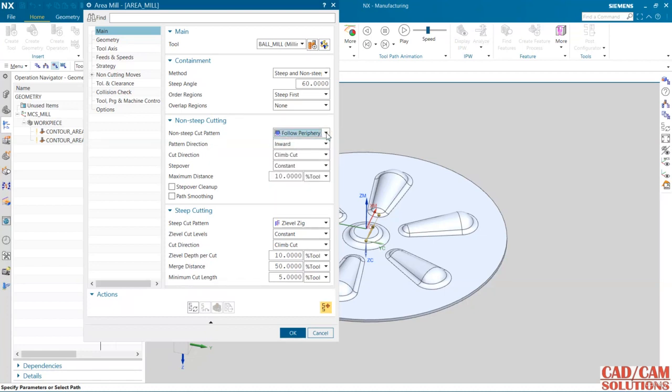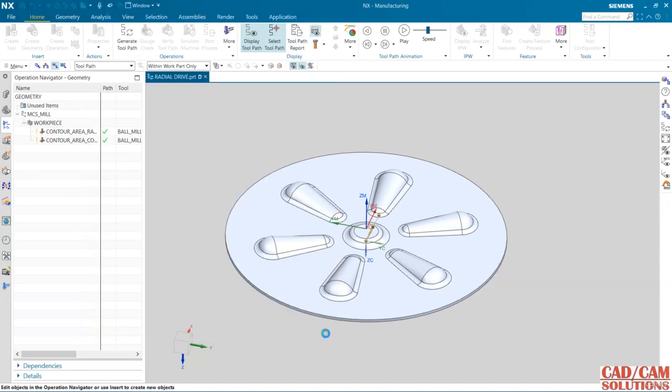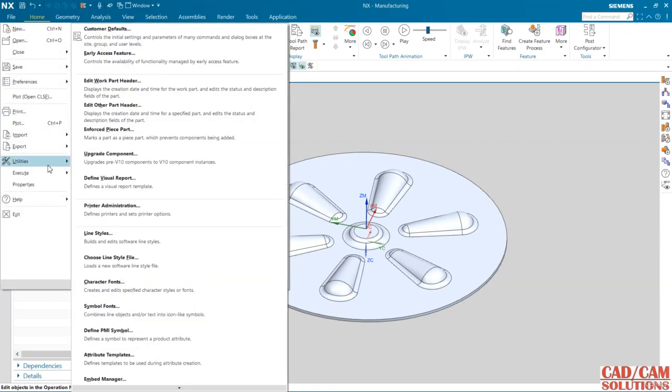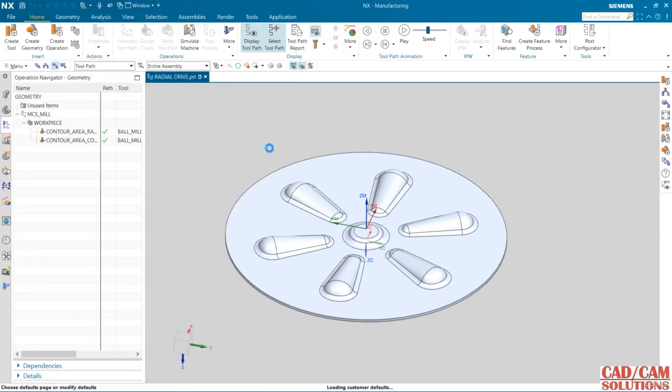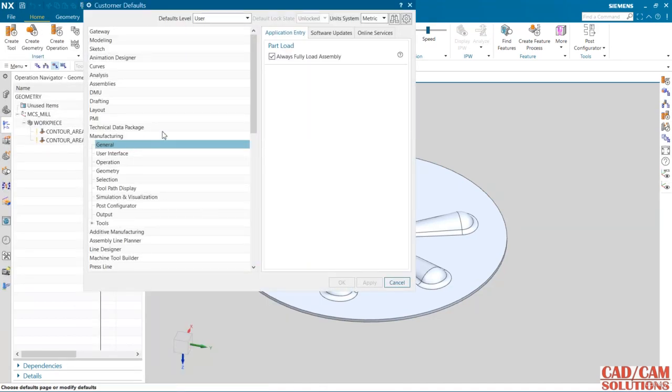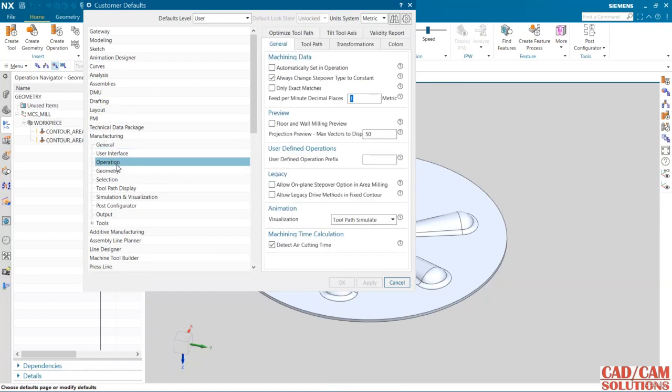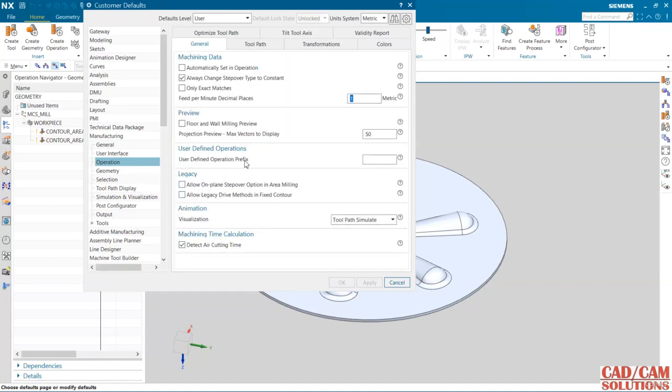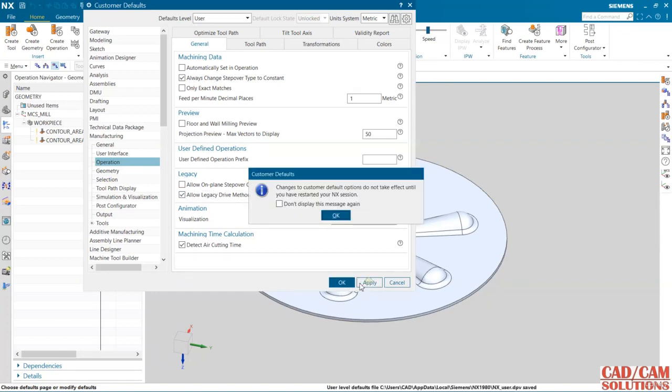Concentric and radial are not available and I want to activate them. I want to add that option in this. So what we have to do, just go to File, and here in Utilities we have Customer Defaults. Under Customer Defaults, go to Manufacturing, and in Manufacturing select Operation, and from Operation switch on this option, allow legacy drive method for fixed contour, apply,